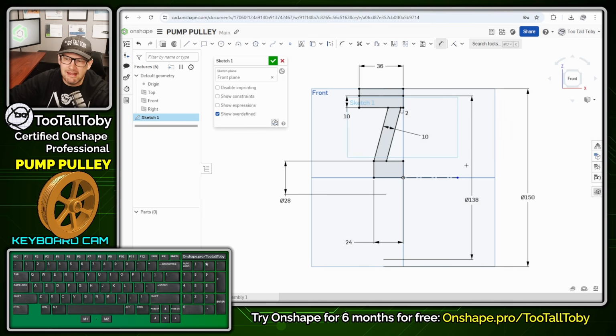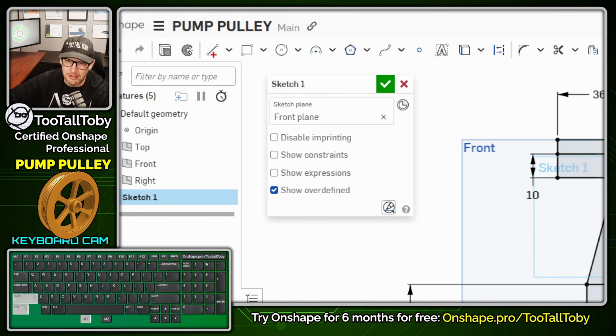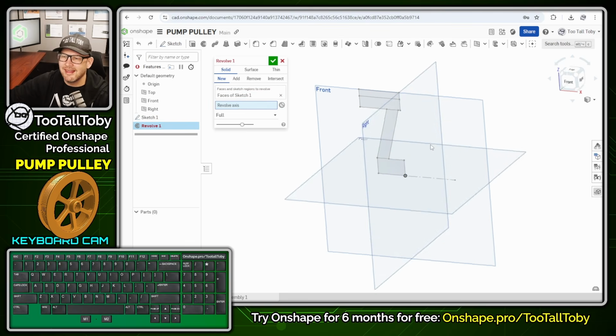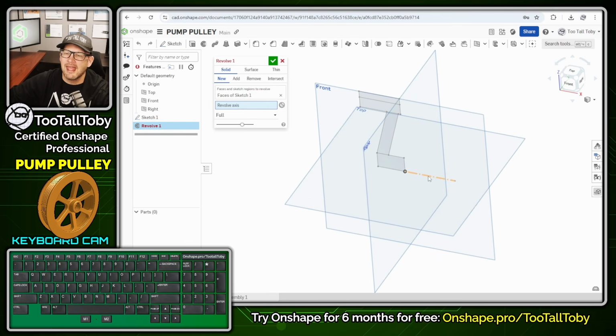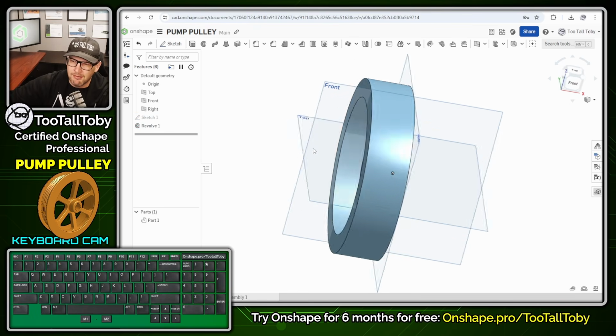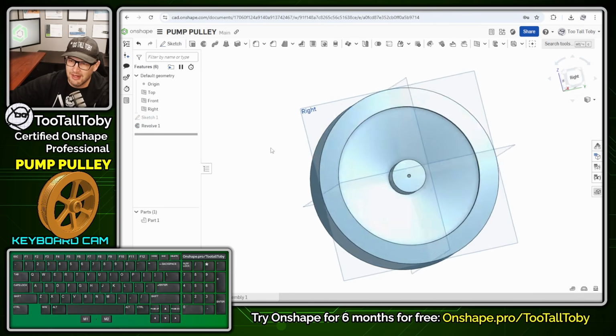But now we're ready to take this sketch and turn it into a revolve. So here's the revolve command in Onshape. We're going to click on the revolve command, and then we're going to come down here to where it says revolve axis, and we're going to click in that box. And then we're going to click here on the center line that we sketched for our revolve. And we see that Onshape takes that entire sketch and revolves it about that center line, and this thing is looking good. So we hit the green check mark,